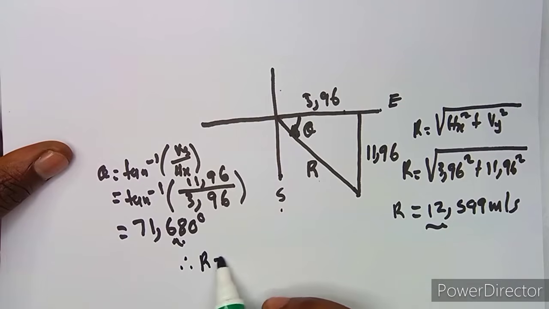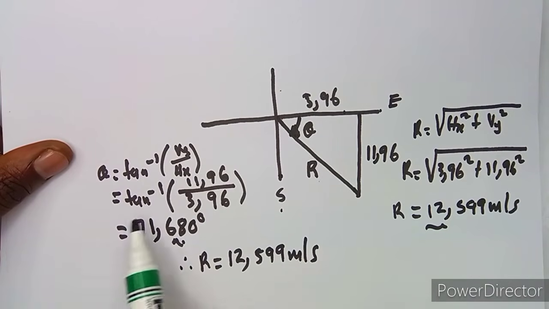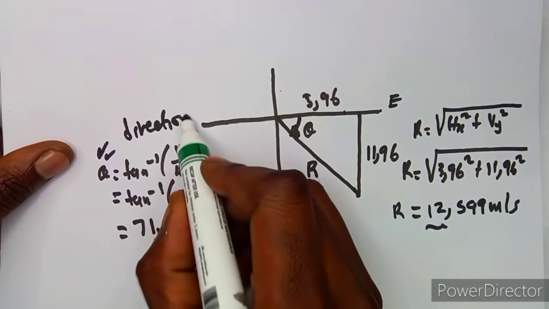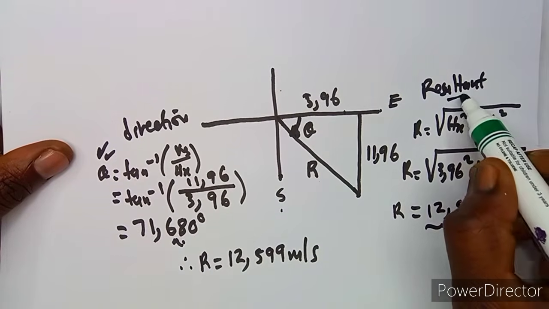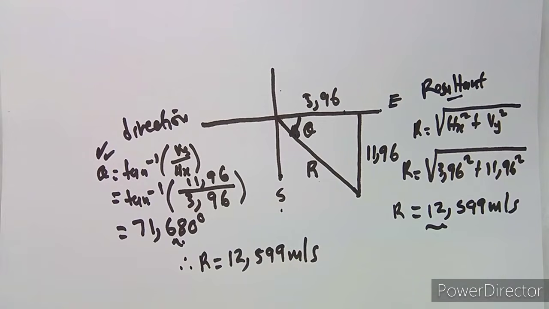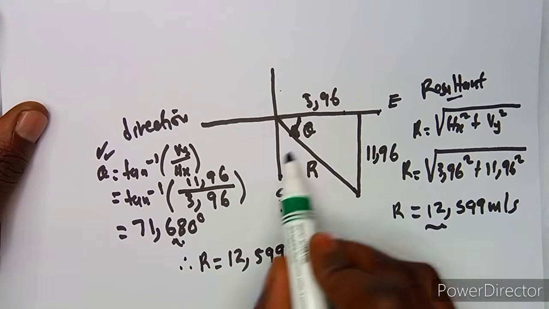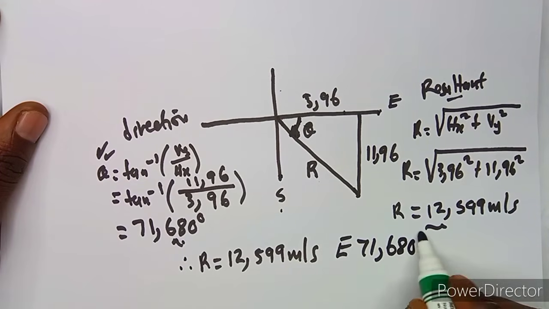therefore our resultant is going to be 12,599 meters per second. Okay, then the direction, which is this theta, this is the direction. Okay, this is the resultant. So always it's a vector quantity which has to have the magnitude and also the direction. So you're coming from the east to the south. This is east going to the south, but which angle are you going to approach? It's east 71,68 degrees